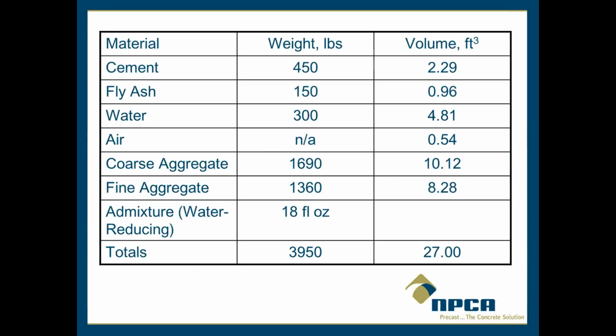I think this slide appears a little bit later on in your presentation, but I included it again here to use as an example. So we'll do a little yield calculation quickly. The yield is equal to the weight of all the materials, which is right here, 3,950 pounds. I promise I don't normally write this horribly, but I'm using the trackpad, not a pen. Then we divide it by the density of the concrete, and that can range from 145 pounds per cubic foot up to 150. So let's just say here that our density